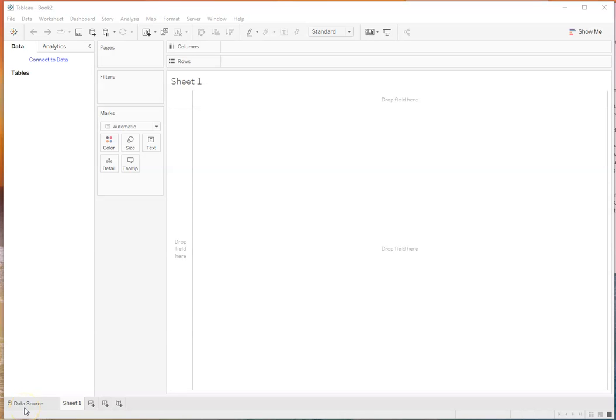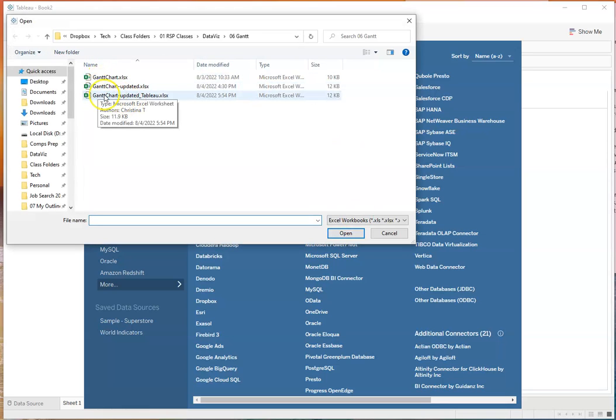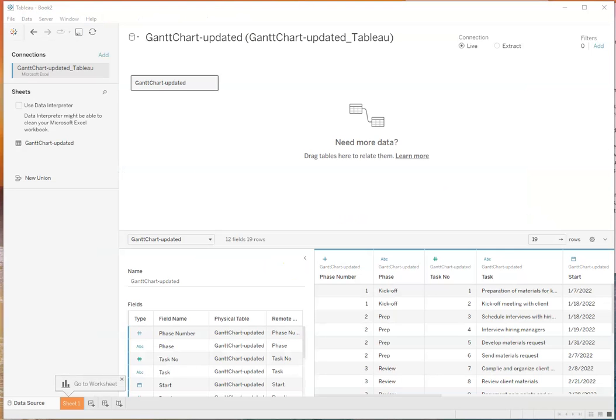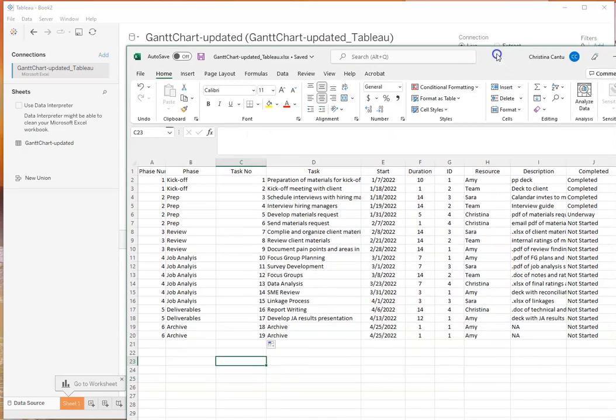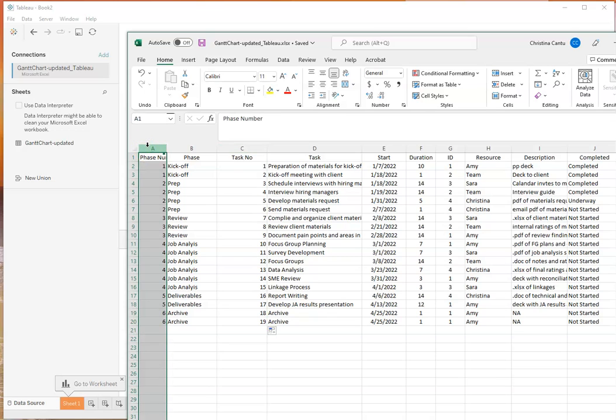Hello, this is fun. The purpose of this video is to create a Gantt chart in Tableau. I'm going to begin by connecting to some data. My data is in an Excel file, and I'm going to use this updated Tableau version. This version of the data is identical to the data that I used for R, except that I added this task number and phase number variables